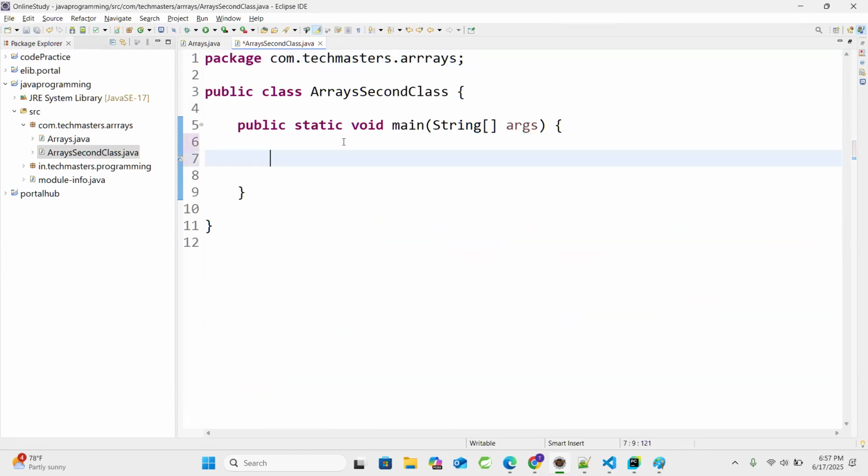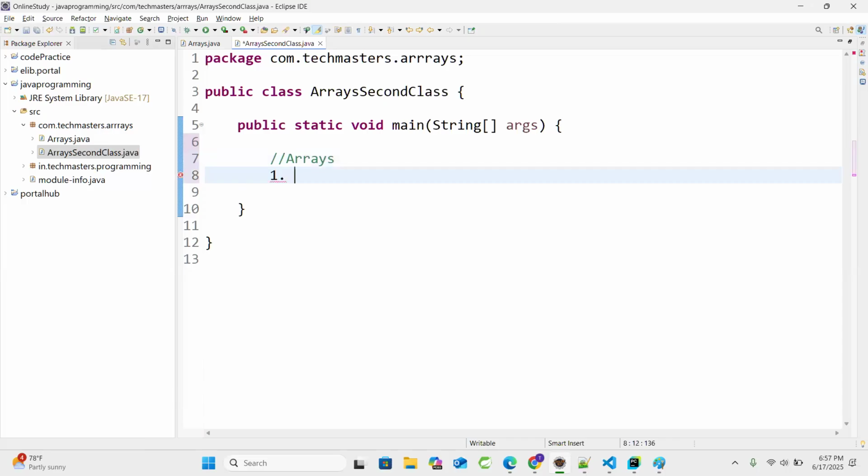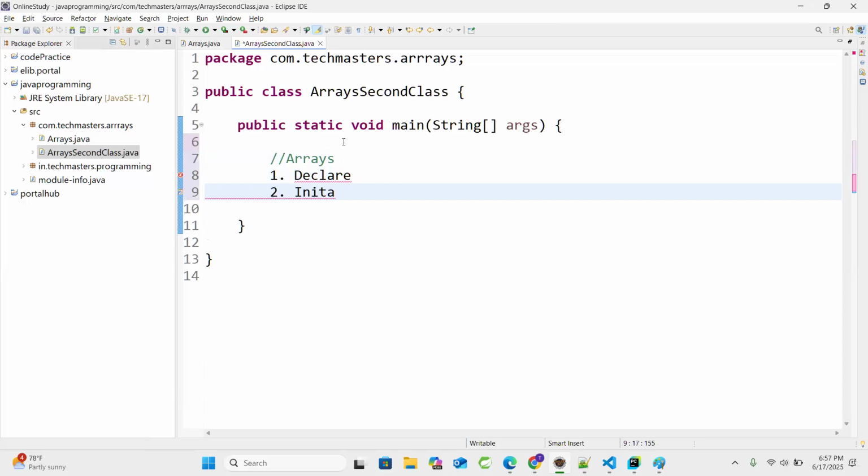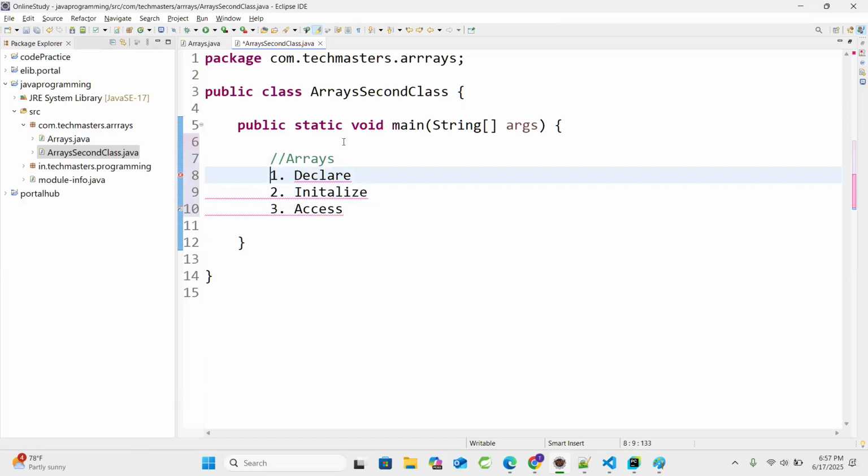So now in here, I'll just remove the comment which is not needed. As of now, we just need to understand that whenever the term arrays comes up, we need to talk about only one thing. First, we need to declare it. Second, we need to initialize it. And then we need to use it, that is, access it. These three pieces of information can actually be done in that particular